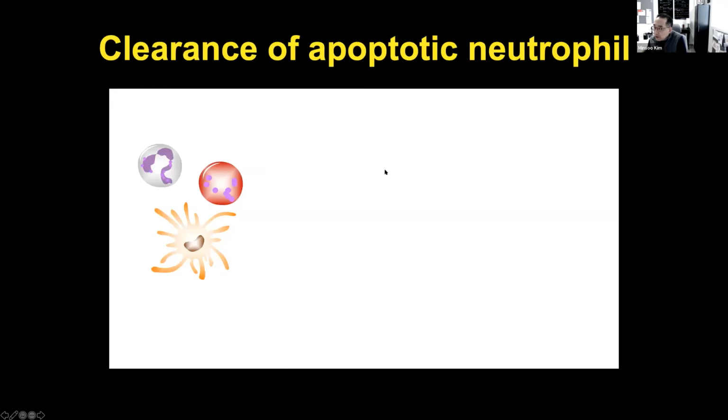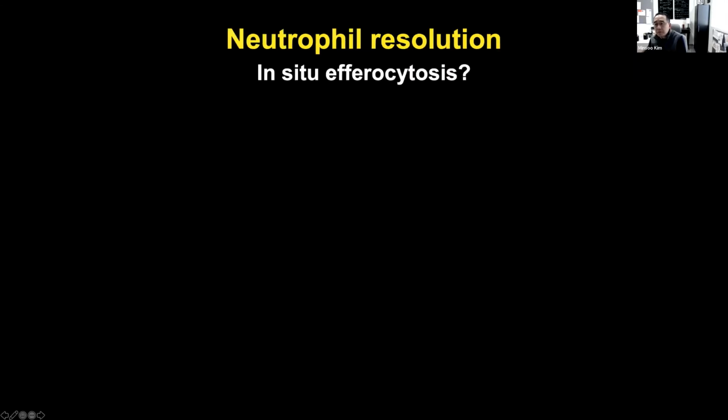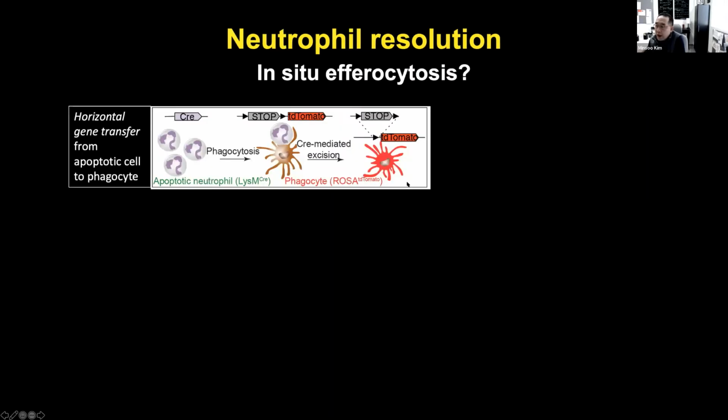Many of these apoptotic neutrophil clearance assays use loss-of-signal type assays. For example, you label neutrophil apoptotic cells, and whenever they are cleared by a phagocyte, you lose signal. This type of loss-of-signal assay is actually quite difficult for in vivo imaging, because a lot of the time you want to have a pulse positive or pulse negative type of assay. So we wanted to build an assay that produces a gain-of-signal to visualize apoptotic neutrophil